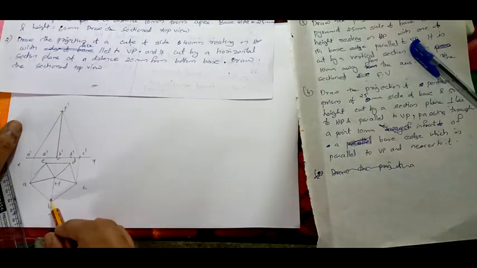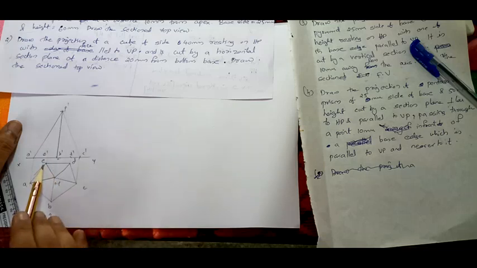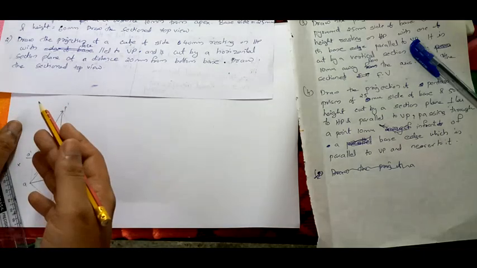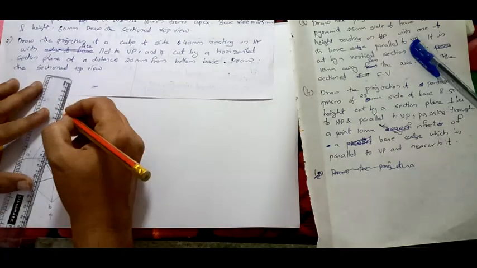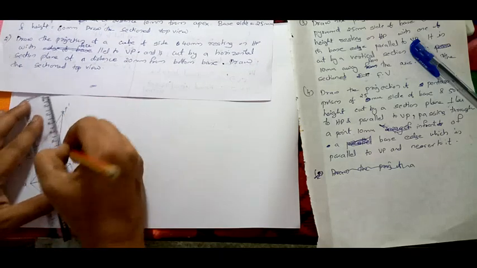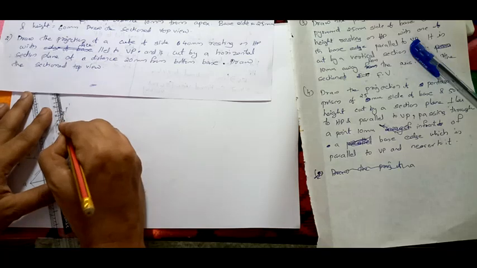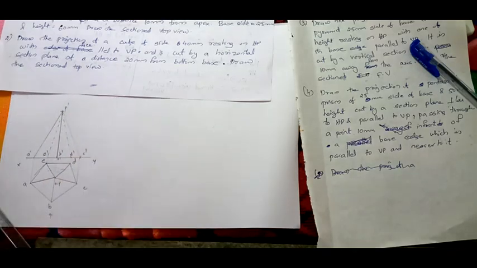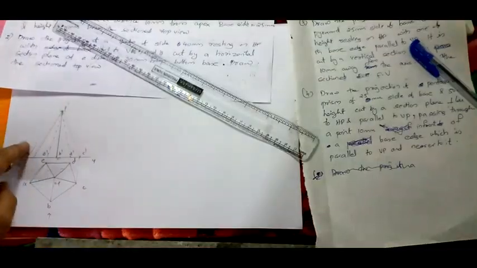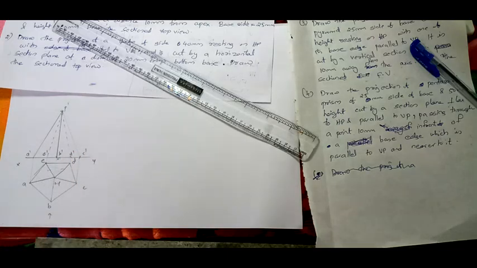Now O dash, see, I have completed it. If you are looking from here, BP is visible, but if you are looking from here, these two faces may not be visible. You will see up to this half only, beyond the axis it will not be visible. So this E dash P dash will be dotted, and D dash P dash is also dotted. So the figure is in such a way that all the face edges are separated.